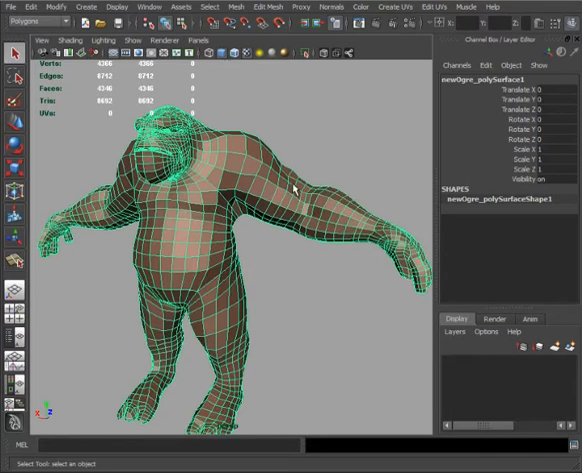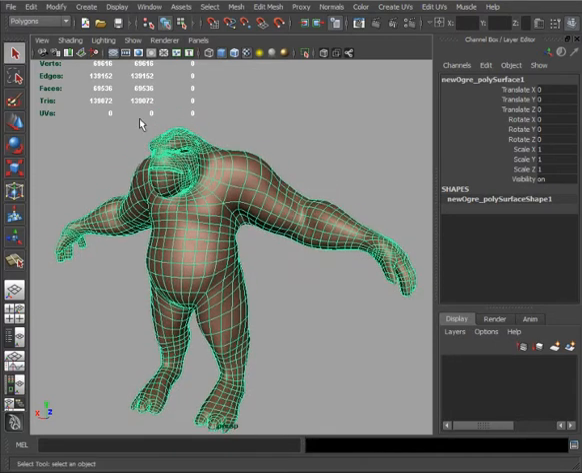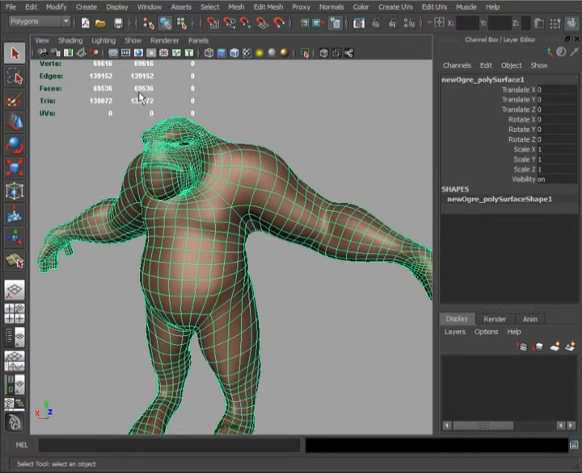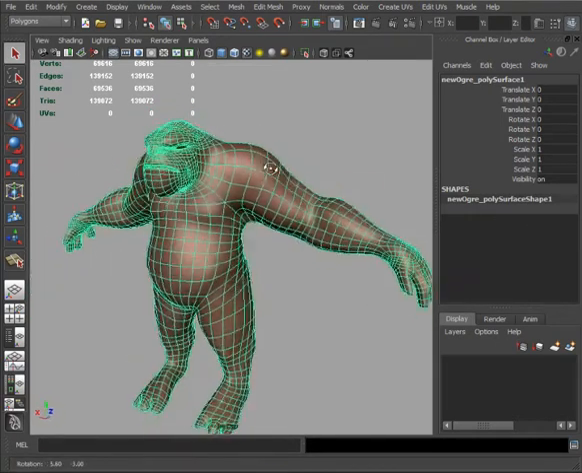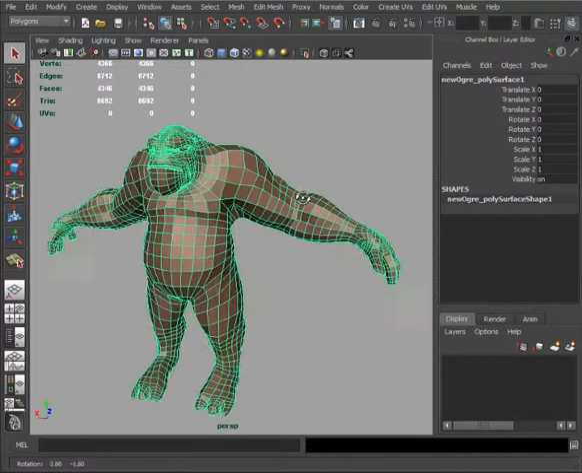Let's say that we go ahead and smooth this, use our smooth mesh preview. This will actually change our display. So now we're looking at 69,000 faces, and it looks like 139,000 triangles by taking into account the smoothing that we're doing. If we go ahead and hit 1 to turn that off, we can see that that is now back to